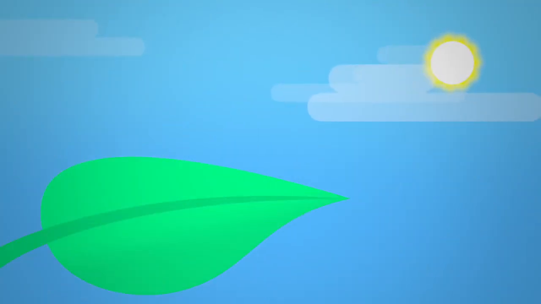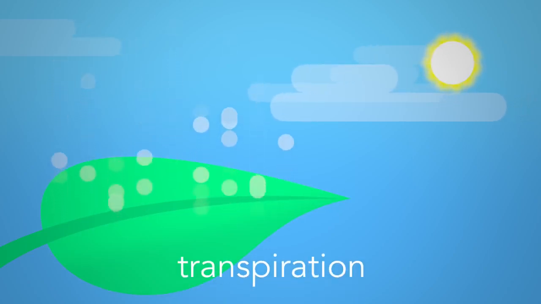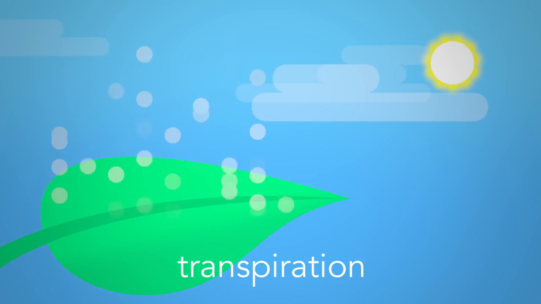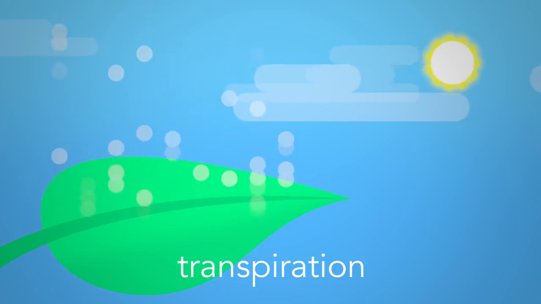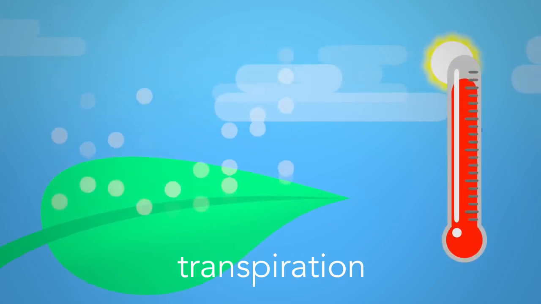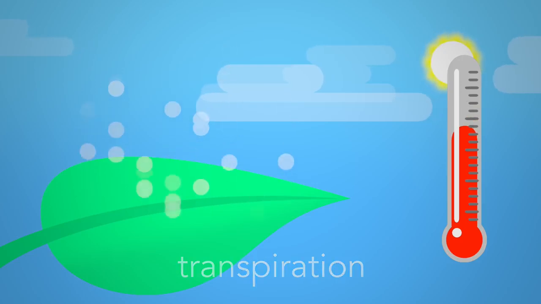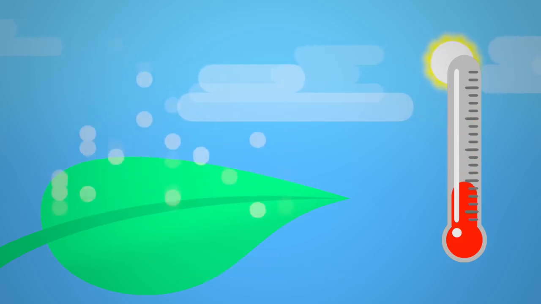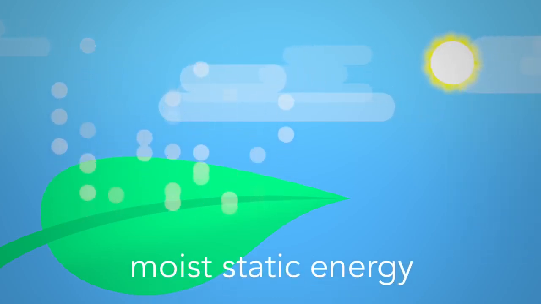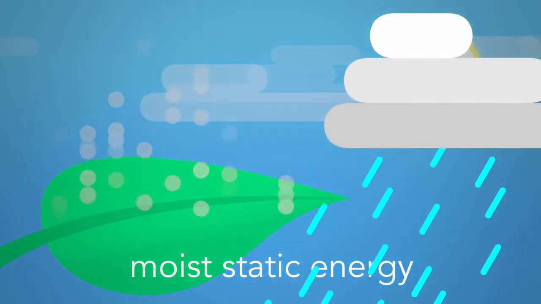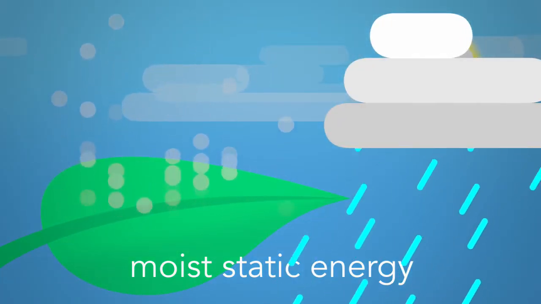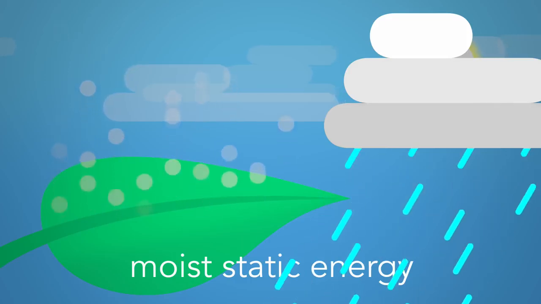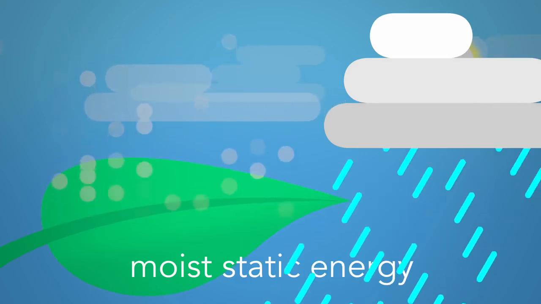When plants grow through photosynthesis, water is released from their leaves in a process known as transpiration. More transpiration releases more water into the atmosphere, increasing humidity and lowering temperature. The researchers calculated that these effects create a local increase in what is known as moist static energy, which can lead to increased rainfall. Additionally, the increase in water vapor could simply be falling back out as rain in nearby